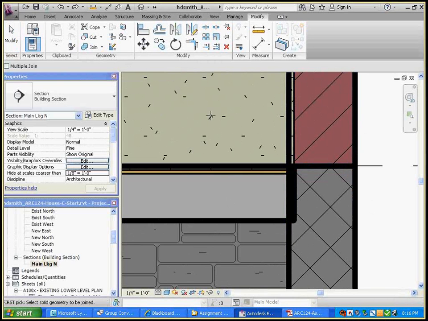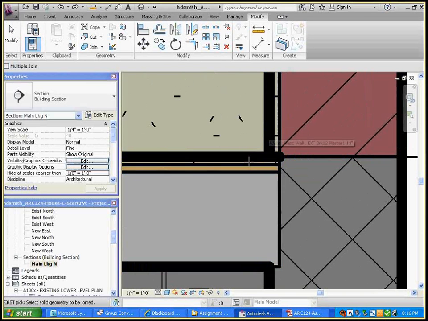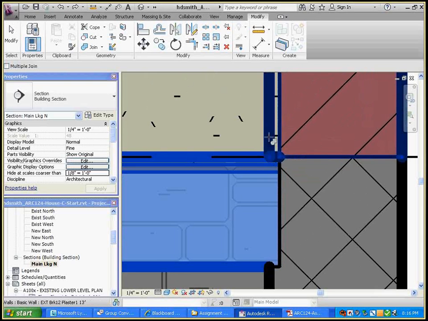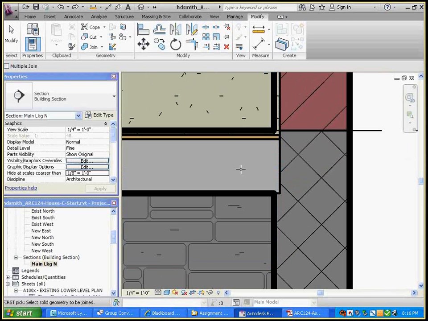Then I say, okay, I want to join the brick to the foundation. So I click brick and click the foundation. Then I have to join the floor to the foundation, so I click the floor and the foundation. Then I have to join the brick wall to the floor because there's a little bit where they touch. The plaster touches the wood. So if I click those two, now I've made a 3-way join. This to this, this to that, and that to this. I think,